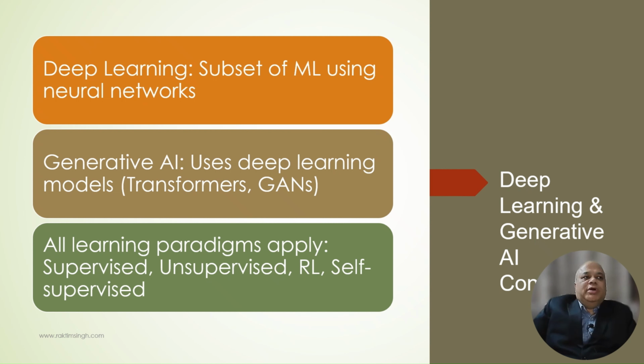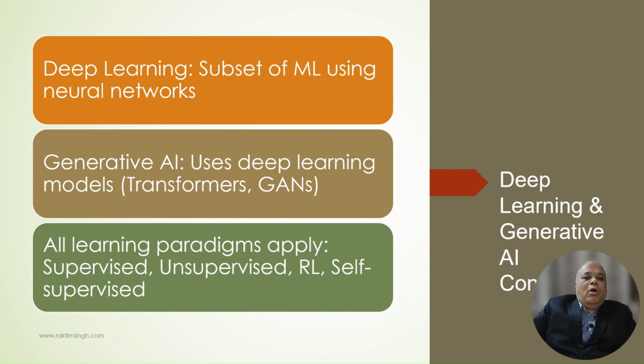So the idea here was that what everybody thought, or maybe the researchers and scientists thought, the most intelligent species on this planet is the human, and if we mimic the way the human brain works, which consists of various neural networks, maybe we can generate something more than that. And Gen AI, of course, uses deep learning models, which are transformer and GAN.